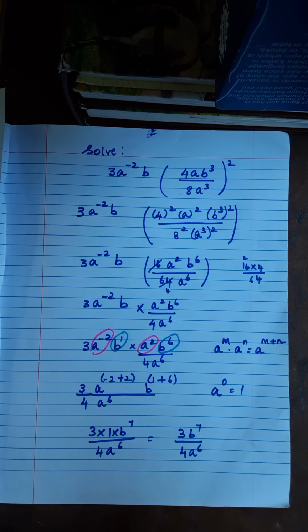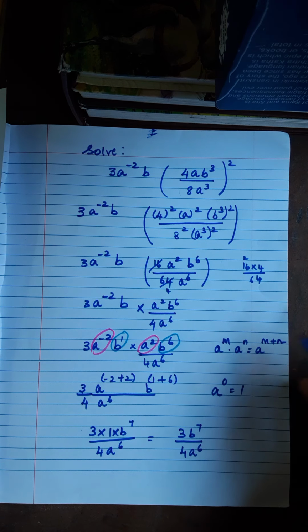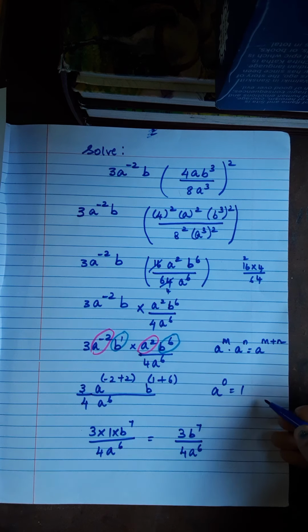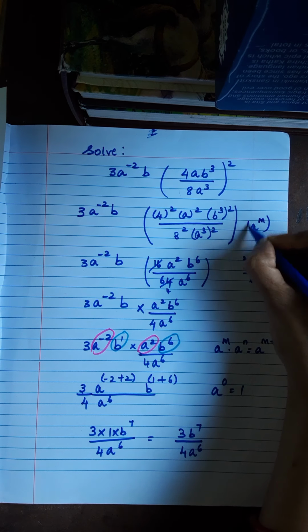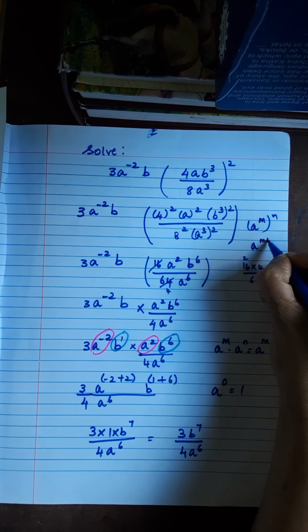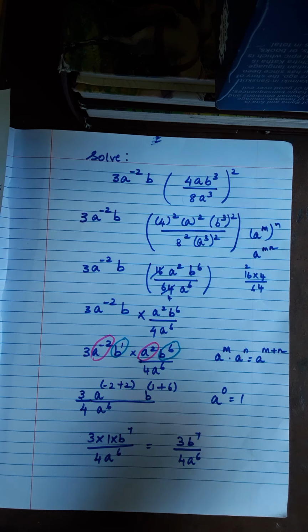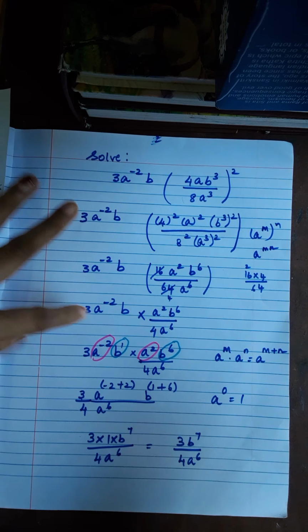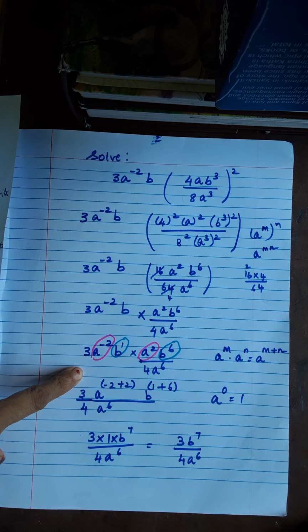So this is how we solve an exponent problem. What are the rules or laws applied here? One is the product rule, the other one is the zero rule of exponent, and one more: the power of power rule, that is a to the power m, the whole power n, is a to the power mn. The power of power rule is also applied here. So I have applied 3 rules. I have shown a step-by-step procedure for how to solve the exponent problem.